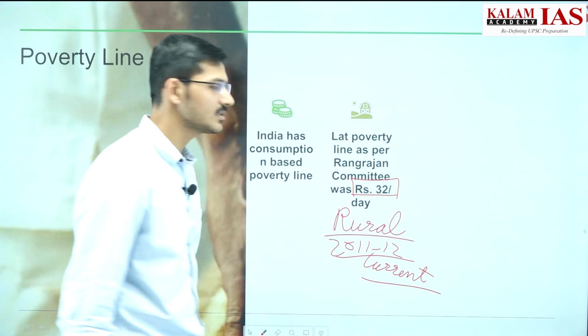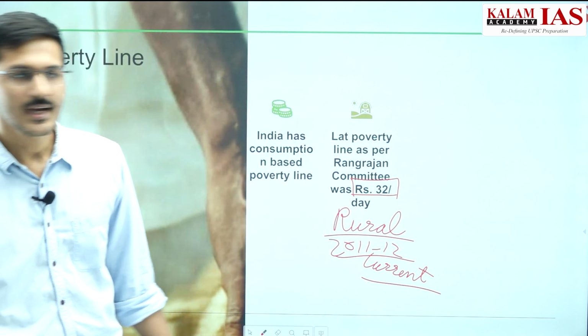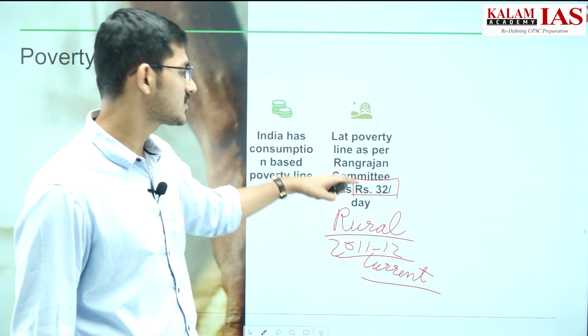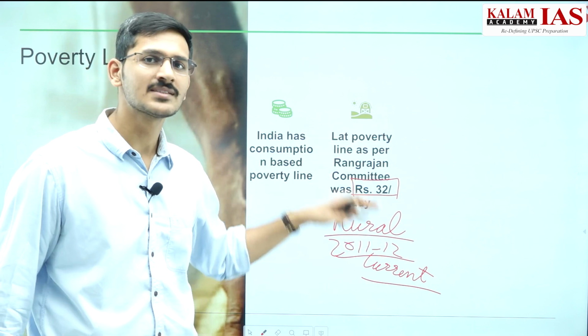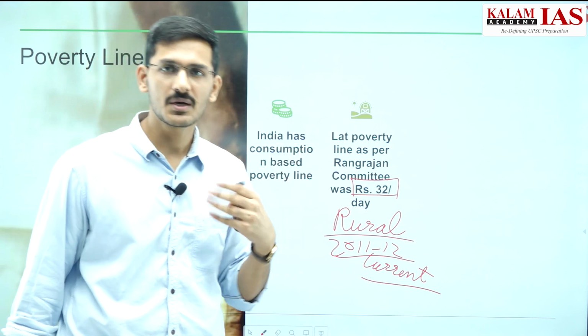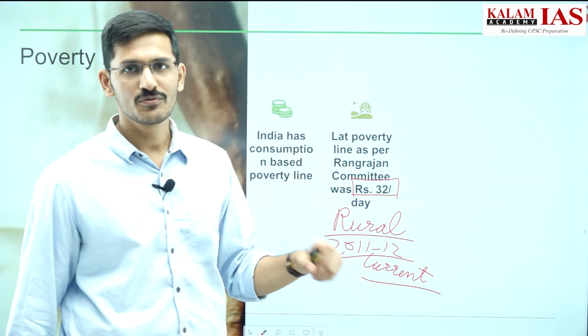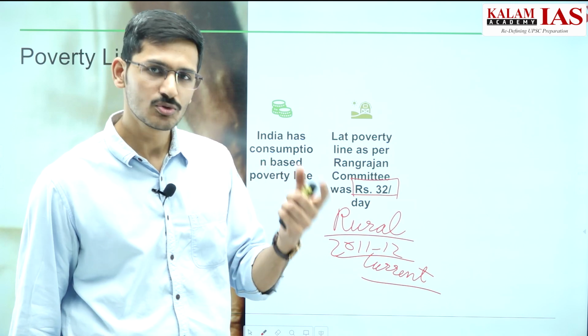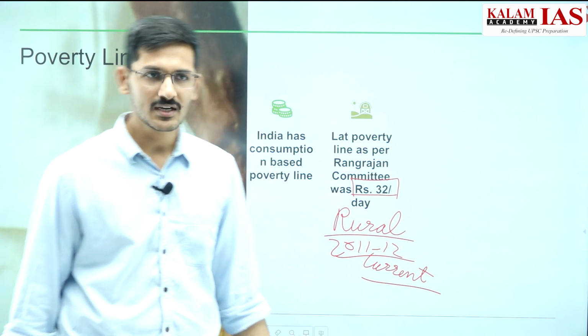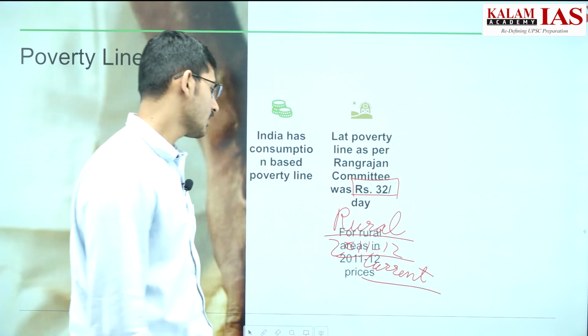Which committee recommended the last poverty line in India? It was the Rangarajan committee. What was the recommendation? That 32 rupees per person per day in rural areas is the poverty line. If anyone is not able to spend about 32 rupees per person per day, then that person is poor. If you can spend more than 32 rupees per day, then you are not poor in the 2011-12 current prices. Now, for the rural